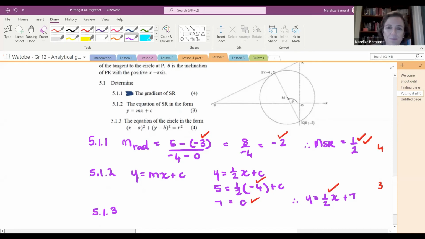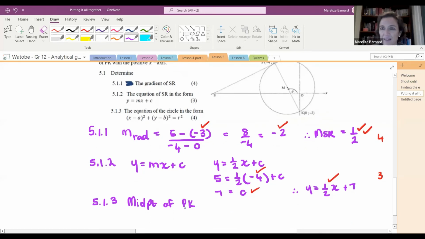Okay, so to find the center of the circle, we are going to do the midpoint of PK. M is the midpoint of the diameter. Okay, so that is how we're going to find it. Well done, everyone. I see a ton of you are getting this answer right. That's great. So our coordinates,